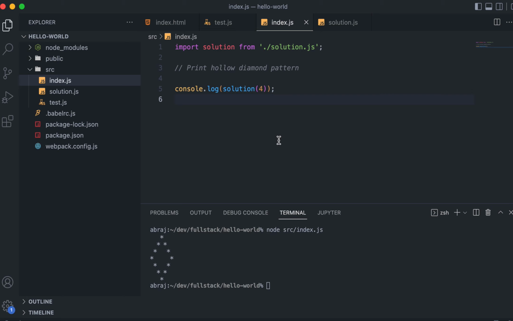Yeah, so let's say this one. In this question, what we have to do is print a hollow diamond pattern. Now, what is a hollow diamond pattern? A hollow diamond pattern looks something like this, which means that if we provide a number, let's say 4, then